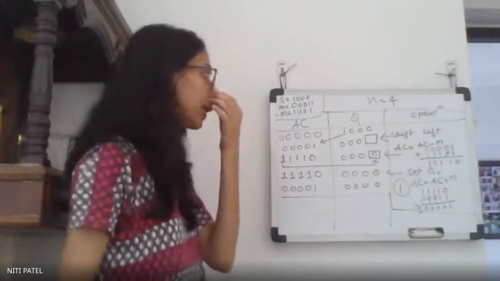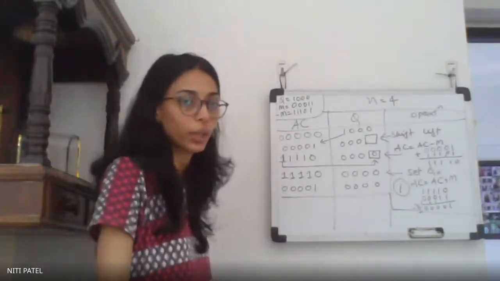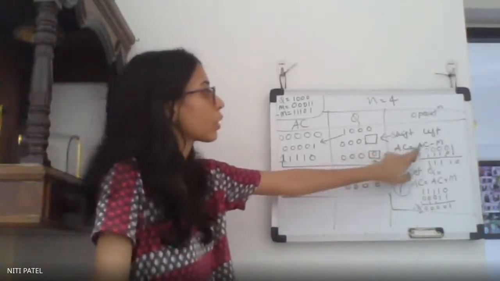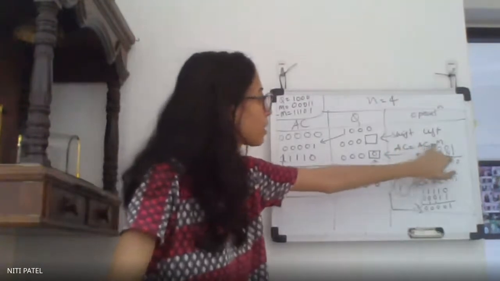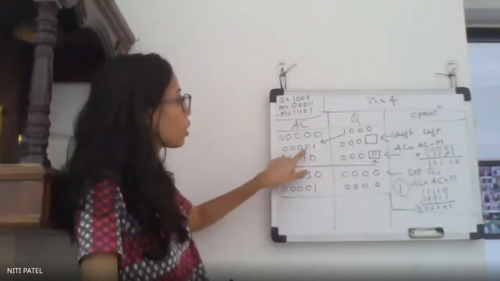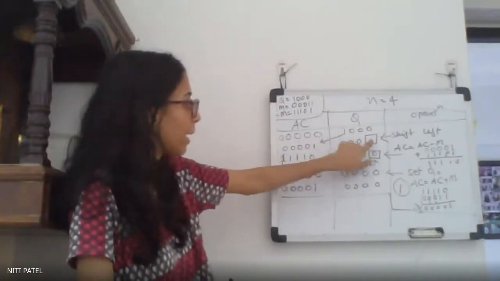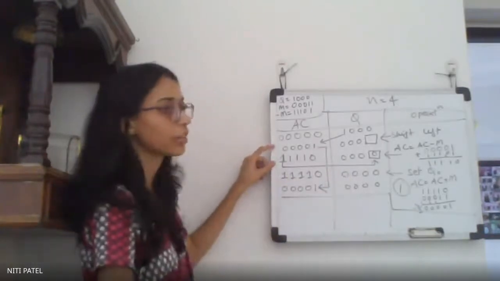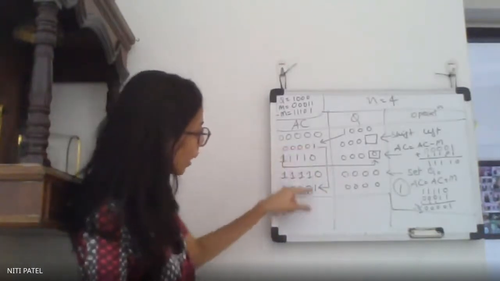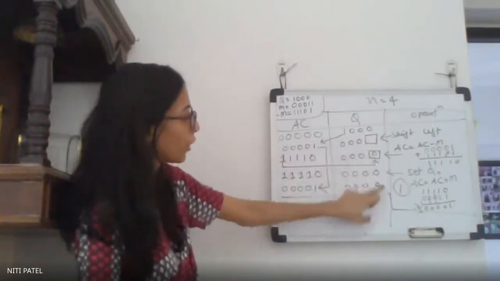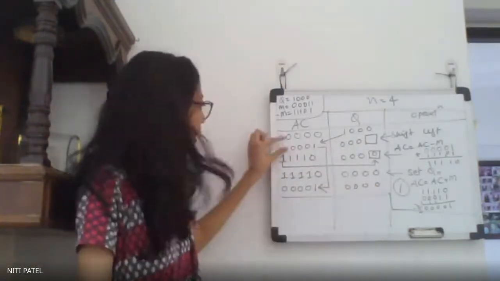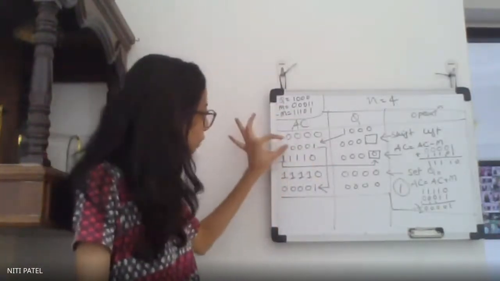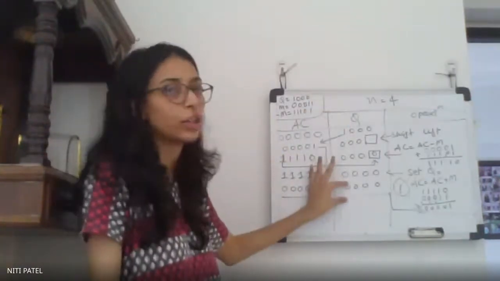Now if you remember, the name of the algorithm is restoring algorithm. So check whether we have restored the value or not. What was the value of AC before AC is equal to AC plus M? It was 0, 0, 0, 0, 1, 0, 0, 0 and some blank. So have I restored the content of AC as it is? Yes, the contents of AC are restored as it is. 0, 0, 0, 0, 1, 0, 0, 0 and I have filled this blank also with 0. So when I get this value over here, I complete cycle 1 with restoring the values of AC as it is and restoring of value Q also.